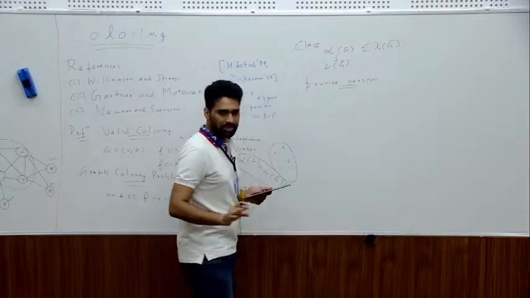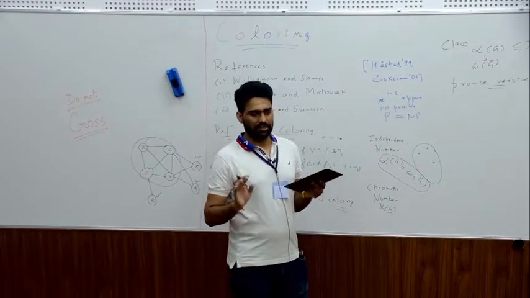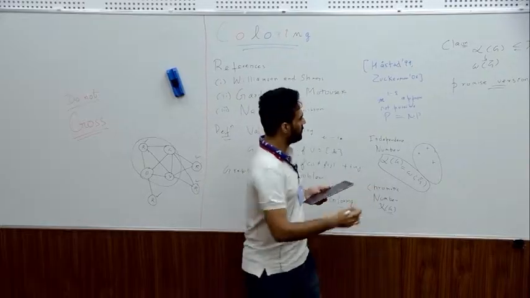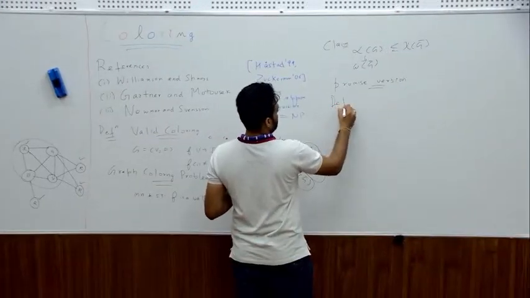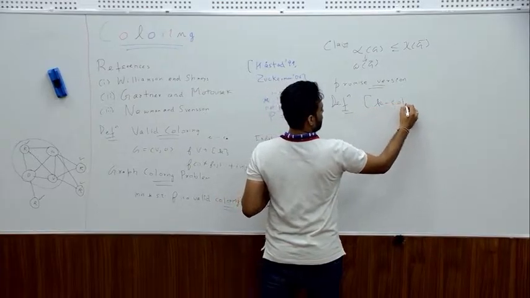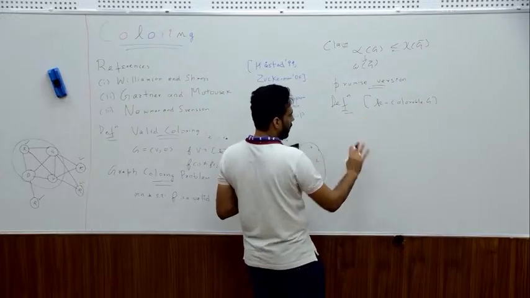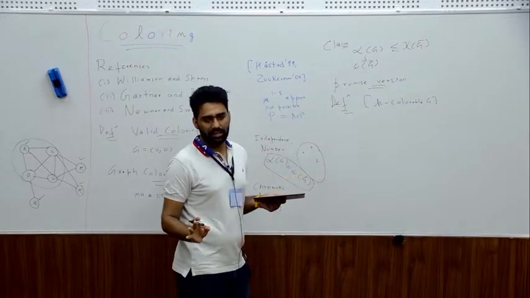So what does the promise version mean? It means that I'm promised that the graph is... okay, so let me make a definition first. Let us say a graph is k colorable. Let me define that. We say the graph is k colorable if there is a valid coloring with k